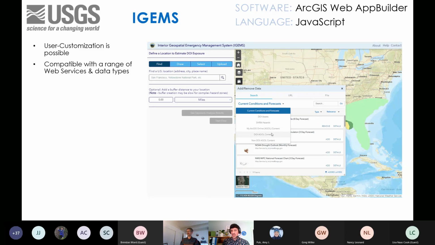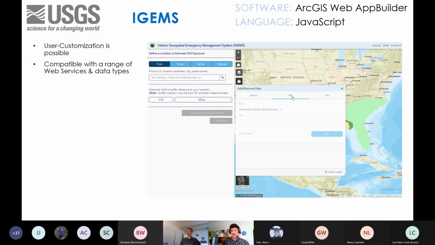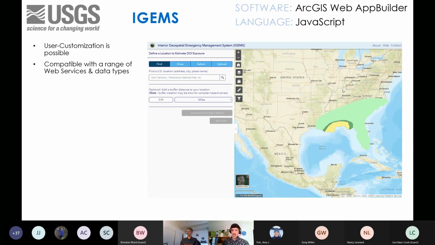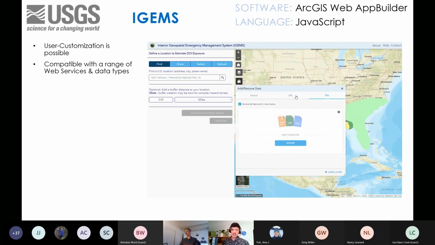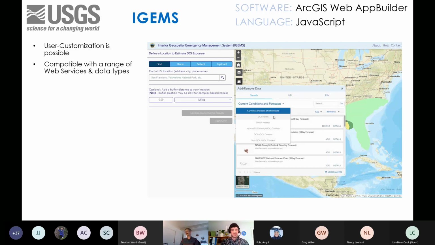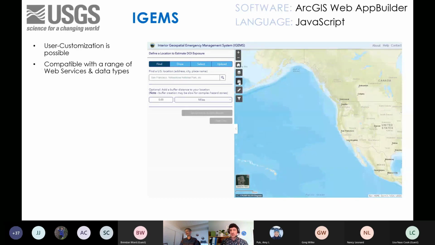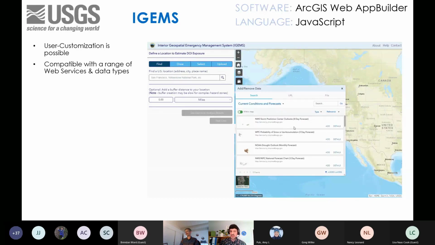We can provide a list of these that we've found, and then the user can also upload their own content from ArcGIS Online, or even upload different web services. This was done with out-of-the-box widgets and technology that Esri supplied. So it's pretty powerful and falls in that realm of you don't need any programming expertise.